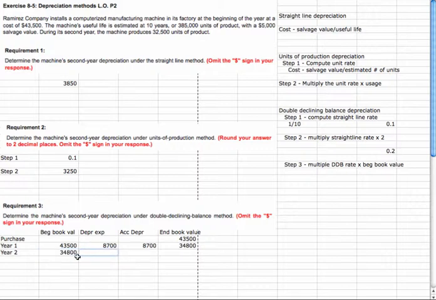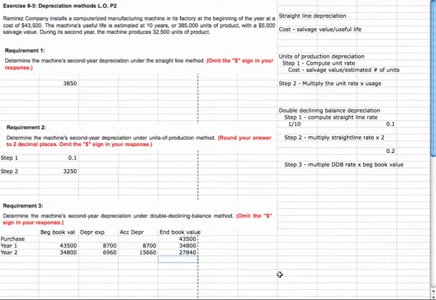So once again, at $34,800, I'm going to take that, my beginning book value, times my double declining balance rate of 20%. I'm going to get depreciation of $6,960 in the second year, which then would increase my accumulated depreciation to $15,660, or my ending book value, which is my beginning book value minus the current year's depreciation, to give me